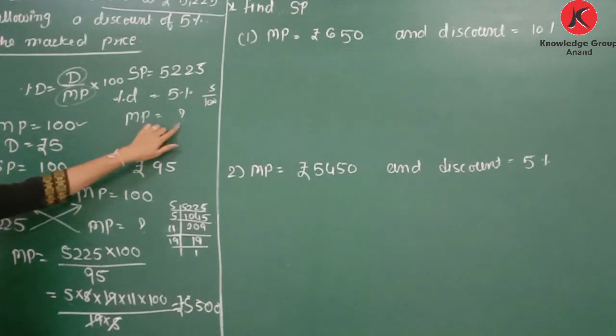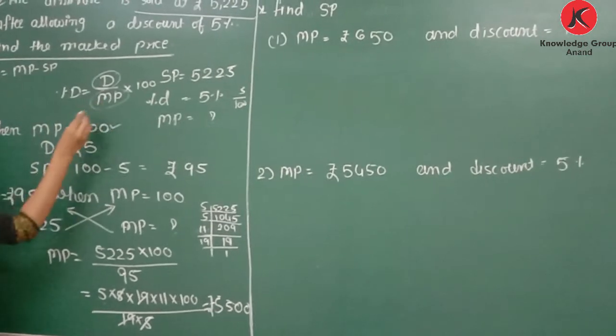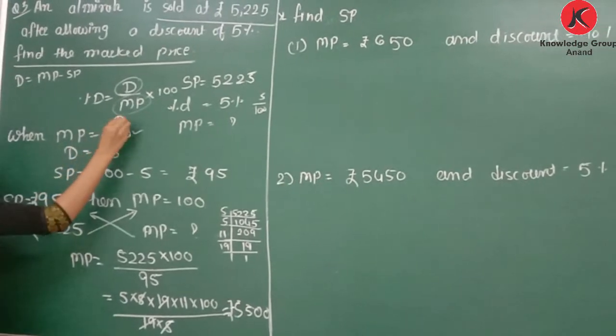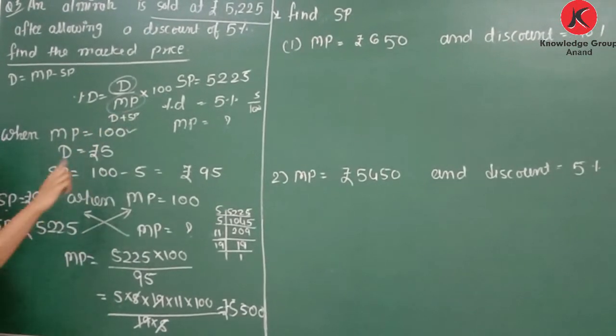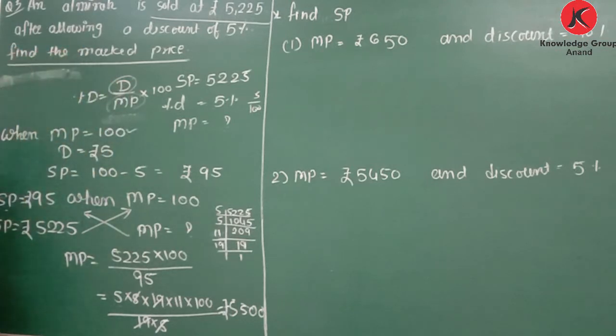So how can we solve this kind of example? Whenever MAC price is not given, we cannot use the equation directly. Why? You can use this equation, but you need to make some change. If you use this equation, discount is equal to MAC price minus selling price, and instead of MAC price you write discount plus selling price. That is correct, but this method takes more time to solve. It is better to use the method of using 100.